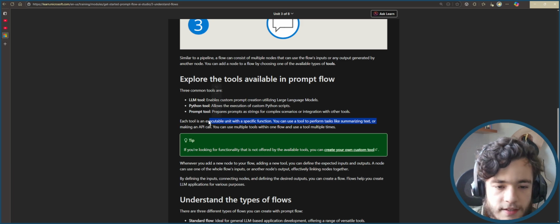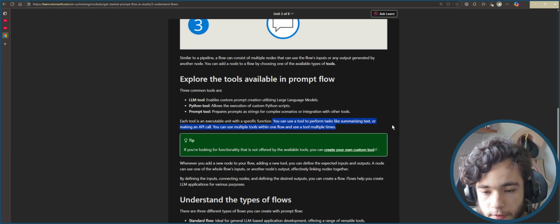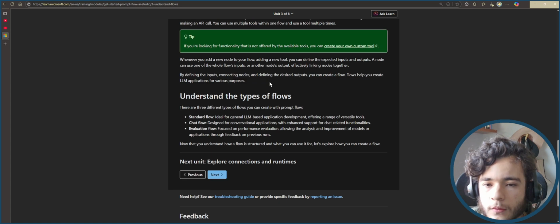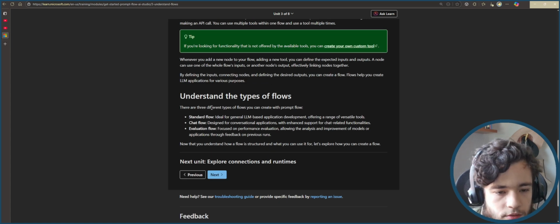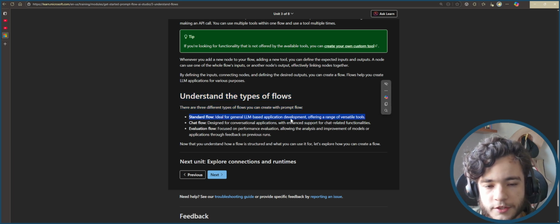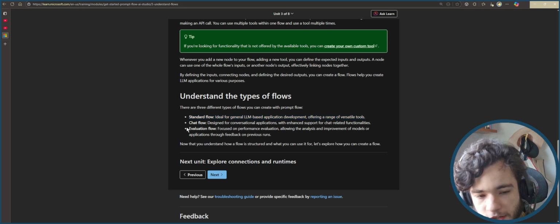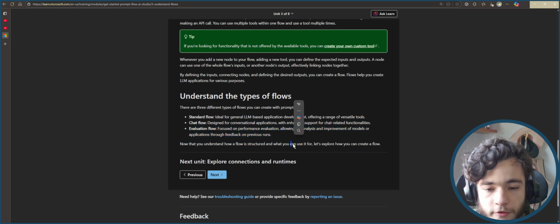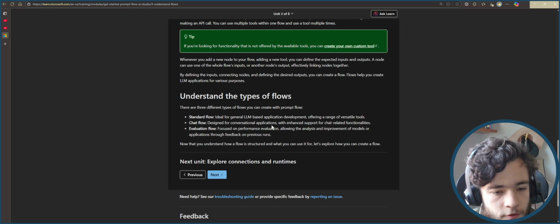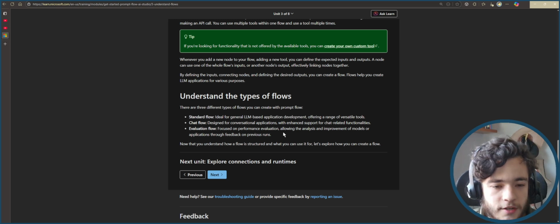And each tool is an executable unit. You can use these tools to perform tasks, much like AI agents do nowadays. What else? The different types of flows. Let's see. There's the standard one, which is for LLM-based application development, chat flow, which is for chat-related applications, and evaluation flow, which is on performance evaluation, which I spent a bit of time talking about in the last video,